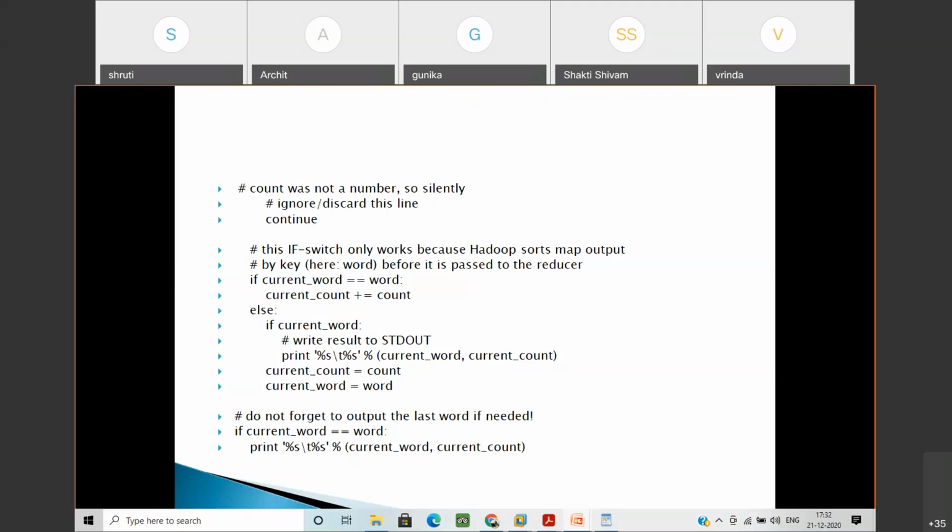Then we are using the if switch, which only works because Hadoop sorts the map output. How does it sort the map output? By the key and value pair. So we have the word before it is passed to the reducer. What you have to do is compare: if the current word is the same as the word we have taken,